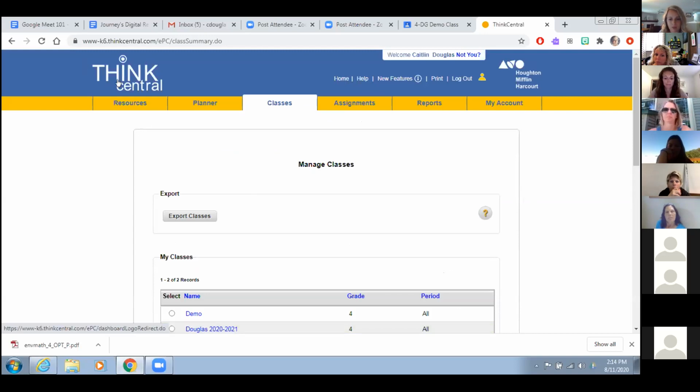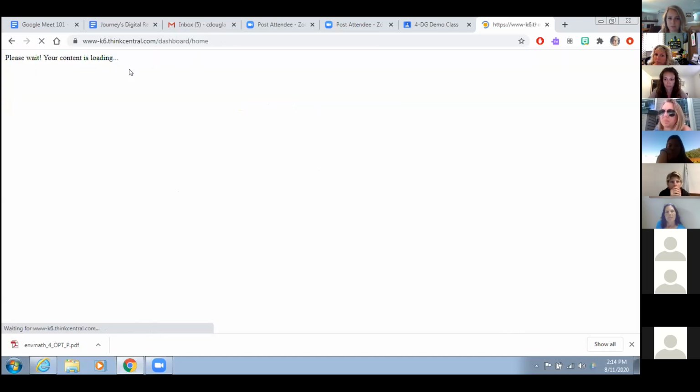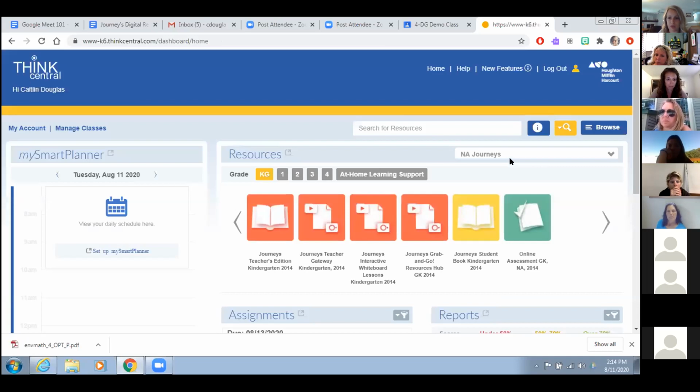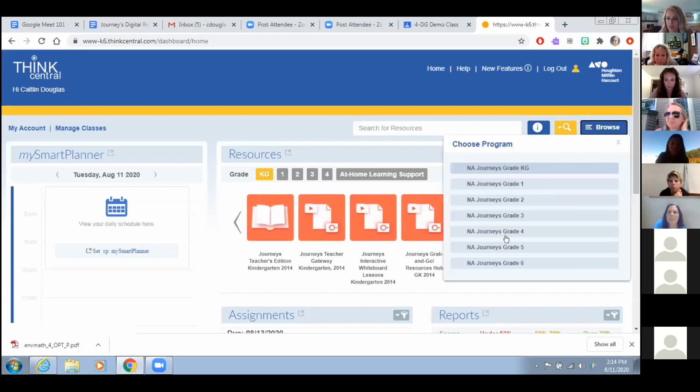So then once you've got your class set up, you can assign them things. So I always click back in the top left-hand corner on this Think Central button, and it will take me to this main screen. And the easiest way that I've found to navigate, there are so many options on how to access the resources, but this Browse button on the right-hand side, if you click that and then choose your book,